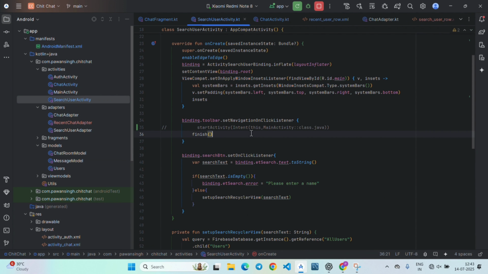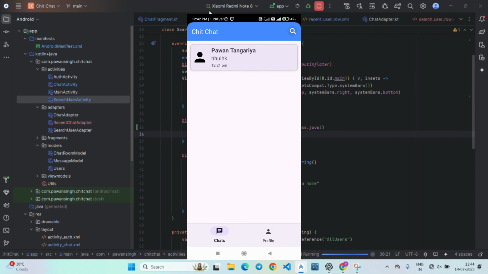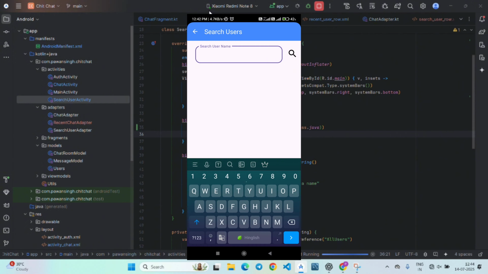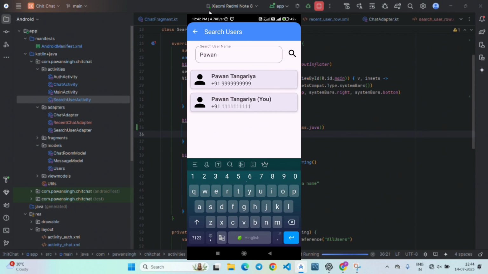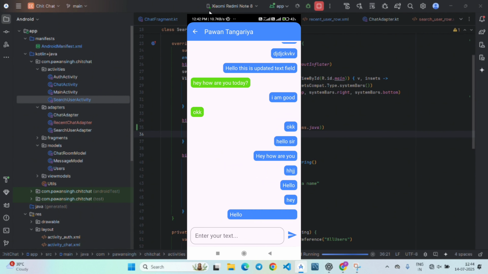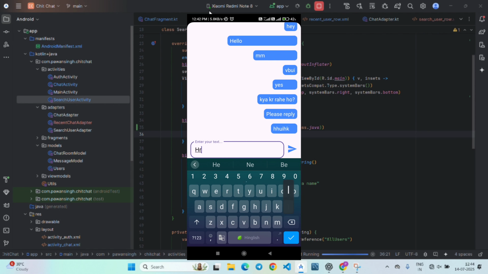Now go to search user activity, and here after binding the toolbar, when we are setting the navigation, we will have to start the activity from this activity to main activity. So write this statement also, then finish it, and now we can run the app and it will work fine. So let's run the app. This is our chat fragment here. If you go to the search icon, and if I search for the user Pawan and click on the first user, scroll it down, and let's write a message like Harry Potter,